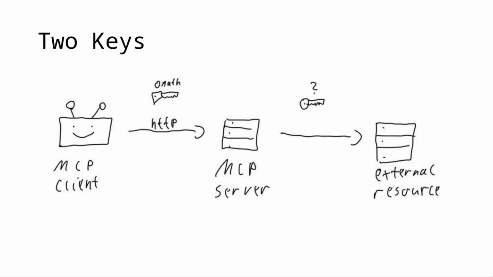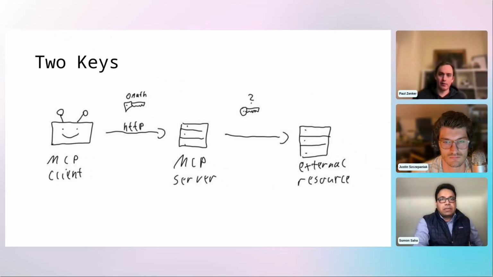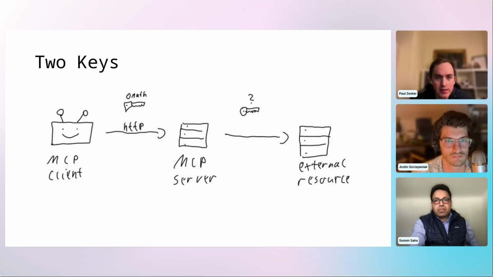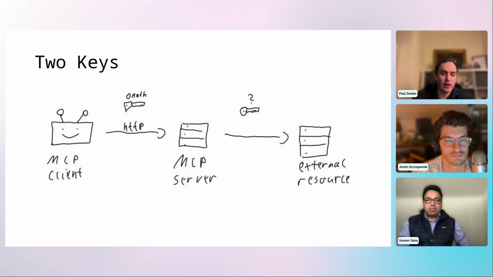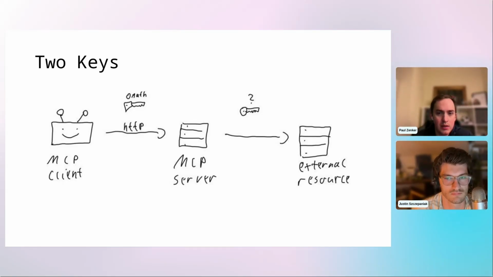And really the issues that come in here, there is a great list of vulnerabilities that can go wrong on the official MCP website. And there you can see many of the issues that you have are arising because you have two different keys that are in use. You have the OAuth between the MCP client and the MCP server,